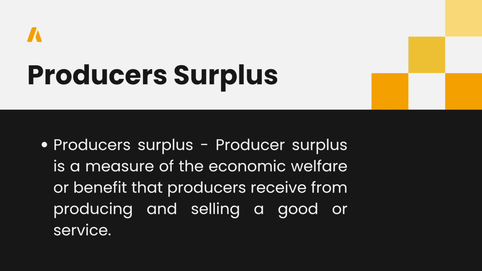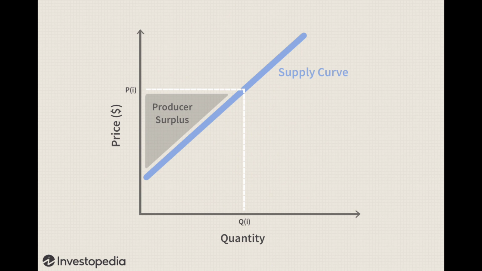Producer surplus also is under firm supply. Producer surplus is a measure of the economic welfare or benefit that producers receive from producing and selling a good or service. It is the difference between the minimum price that a producer would accept for a good or service and the actual market price at which it is sold. Graphically, producer surplus is represented by the area between the supply curve and the market price line, above the minimum price that a producer would accept. The higher the market price is above the minimum acceptable price,